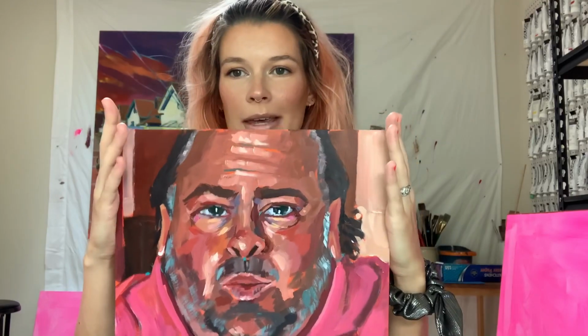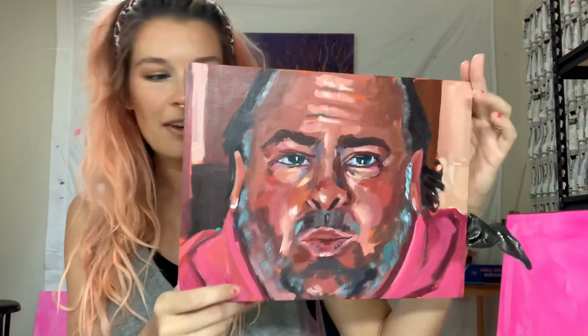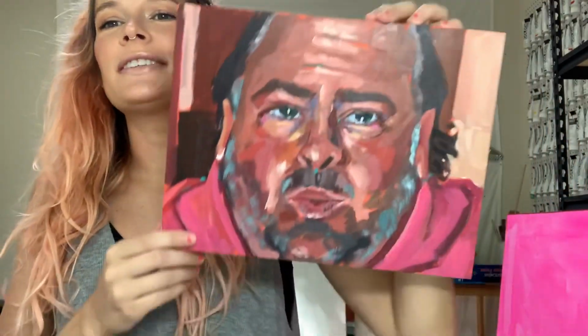Today I am doing this gorgeous meme painting. Despite painting this, I actually have never seen 90 Day Fiancé, but it's No Neck Ed. Basically, I just love this expression, and I've sent this meme a few times. I don't know if that's disingenuous, to send memes of things you haven't seen, but anyways, I thought it'd